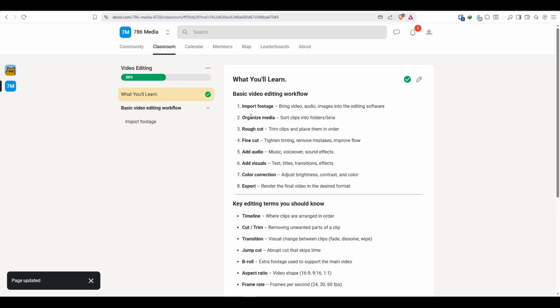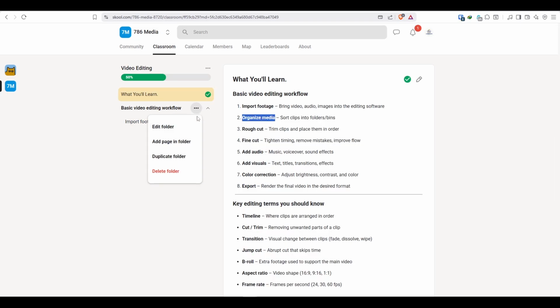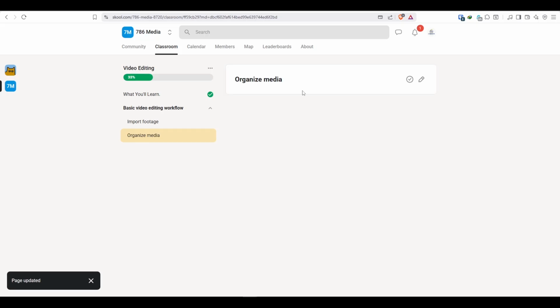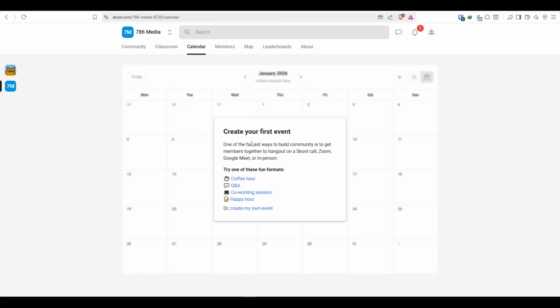I'll just copy that, click over here, click on the three dots, add a page within the folder like so. And of course you can, as I said before, type in whatever you want and whatever images you want, upload whatever photos you want. Everything is going to be available over here. So once it's done, then you can come over here onto the calendar, and then you can go ahead and